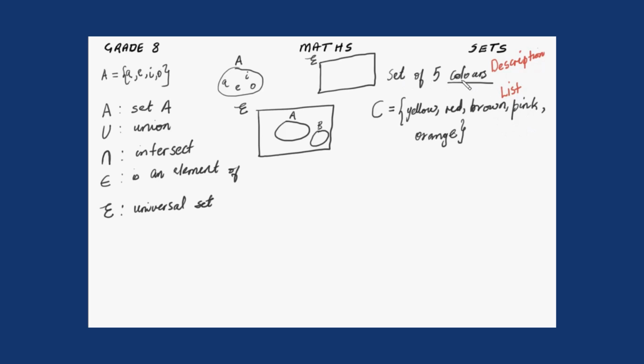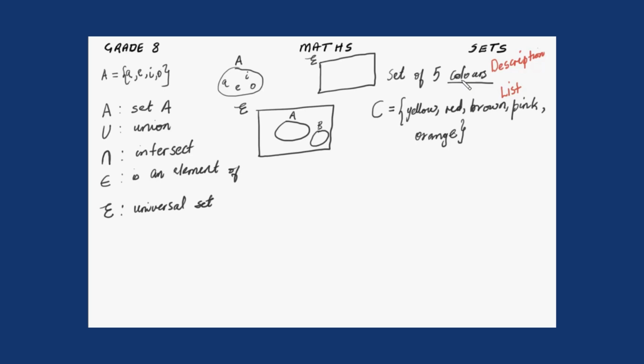Okay, now what does this mean, guys? It means for us to be talking about sets, one thing that needs to come into our mind is that our set must have a description. For instance, we can talk of a set of car models, a set of staple foods, a set of wild animals, a set of domestic